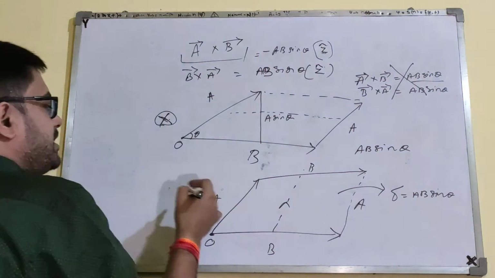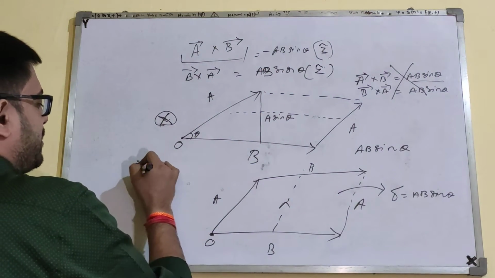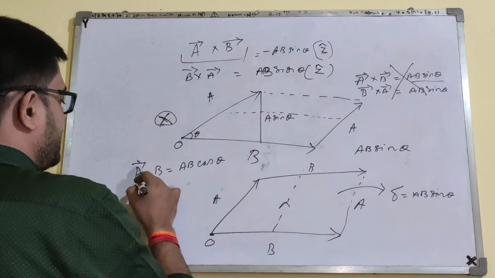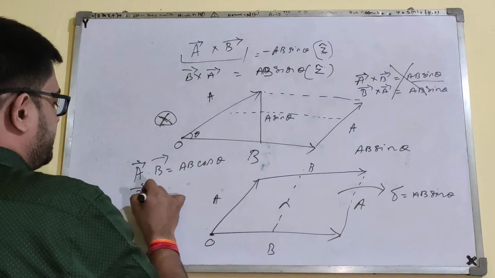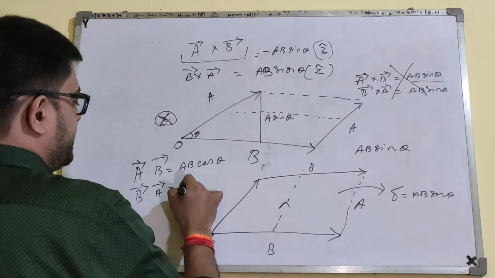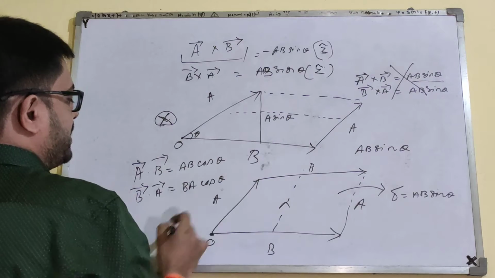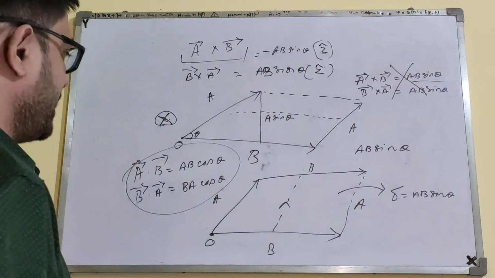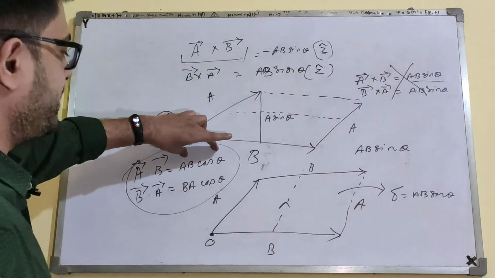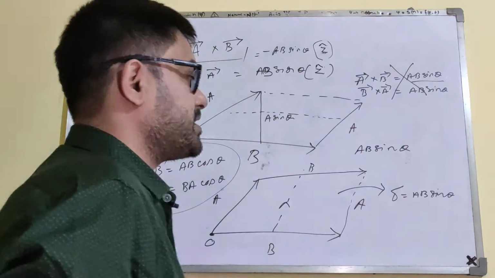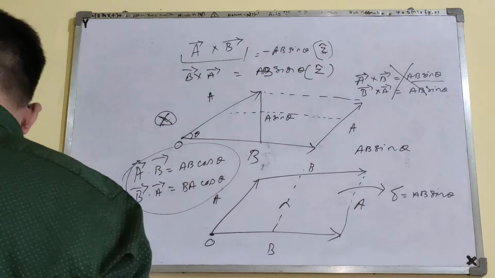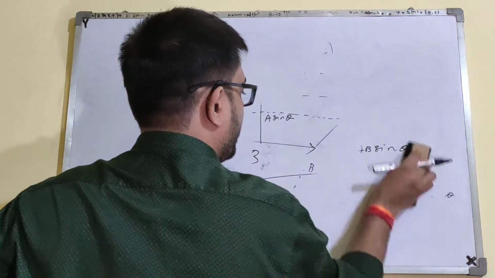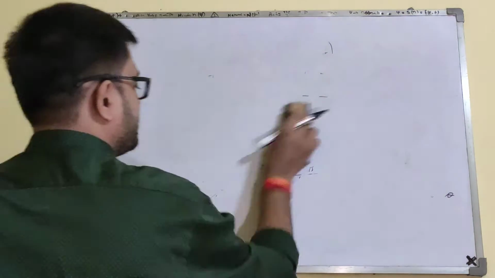For example, in dot products, we write A dot B, which is AB cosine theta, and again B dot A is the same, BA cosine of theta. They both are the same, and the dot product is a scalar product. So the product does not have any directionality, but the cross product has a directionality. Why? Let's understand that. Again, we take the two vectors A and B.